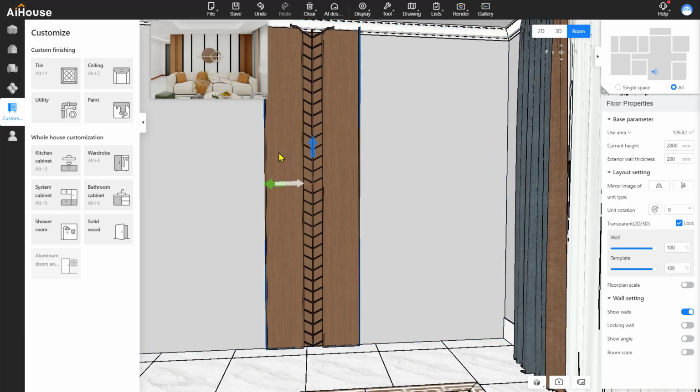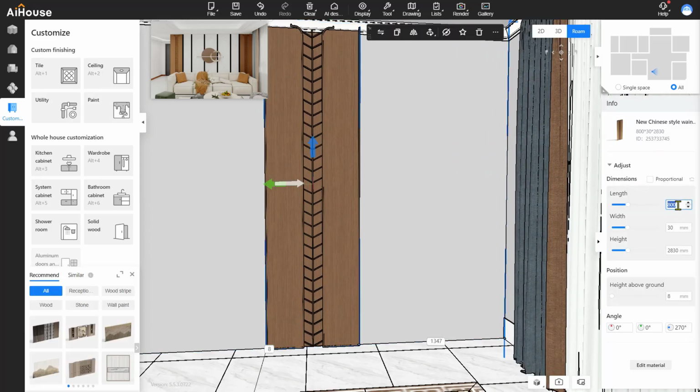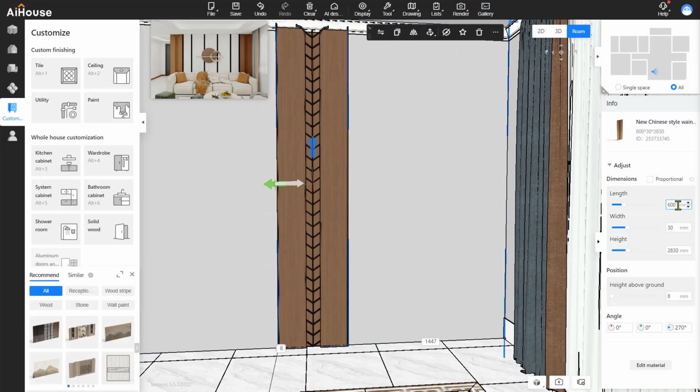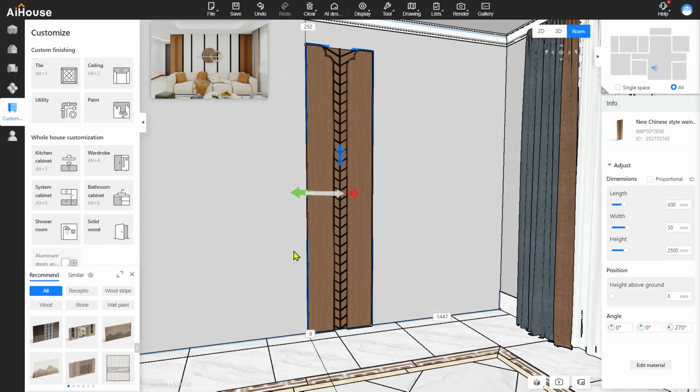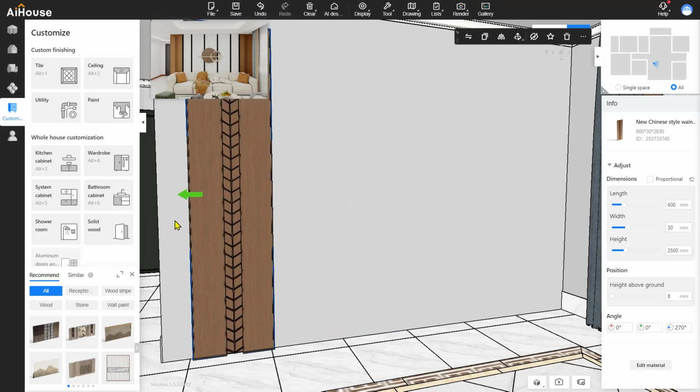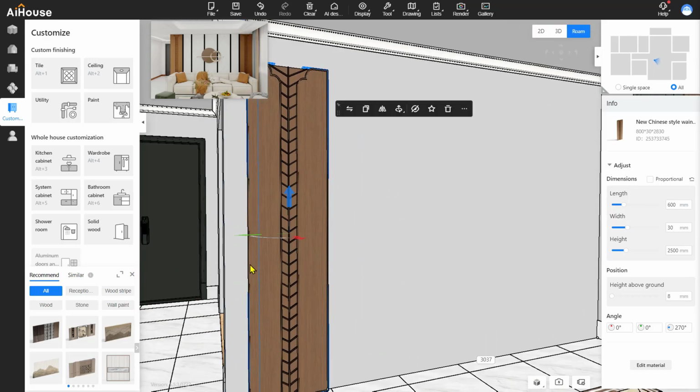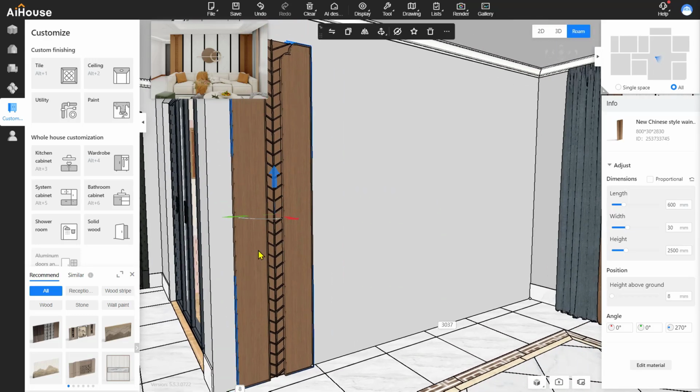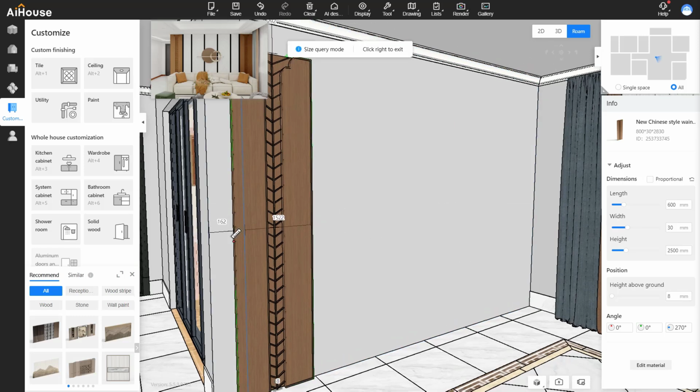And close it. First, I'm going to change the size. Its length to be 600 and its height to be 2500. Now I'm going to move it to the left side. And if you don't know the distance of this board to this wall, then you can select this board first and go to the pop-up black toolbar at the top and find these three points. The first one is elements measurement. Select this one